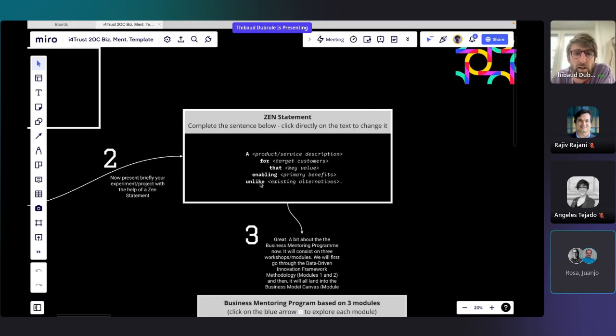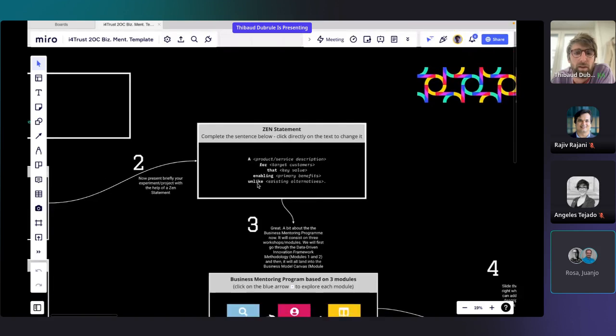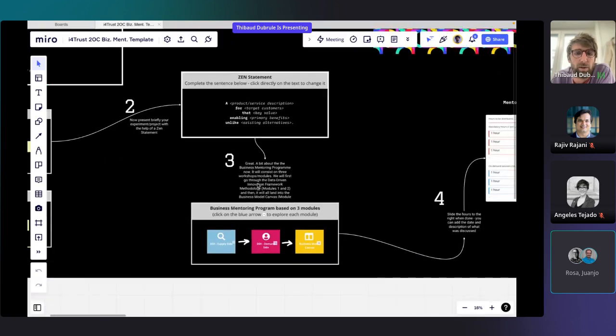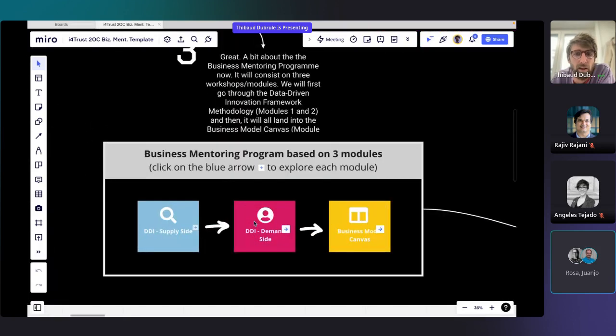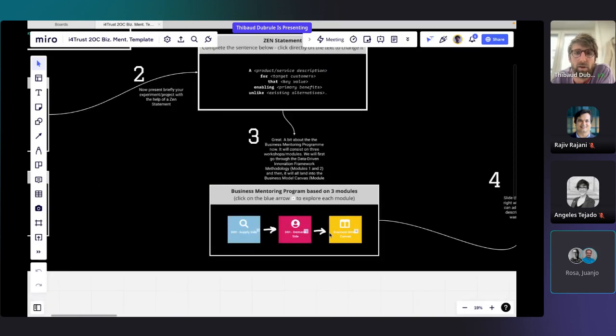And then the business mentoring, as we said, is divided in three main blocks. So the DDI, the data-driven board based on the supply side, and then the one on the demand side, and then the business model canvas.